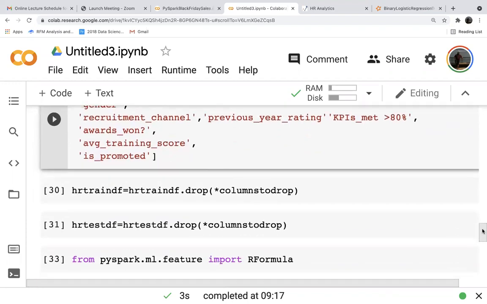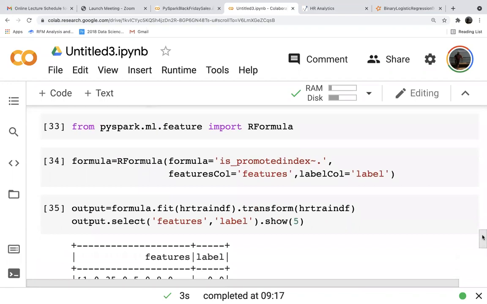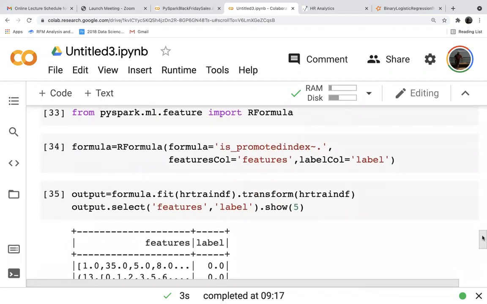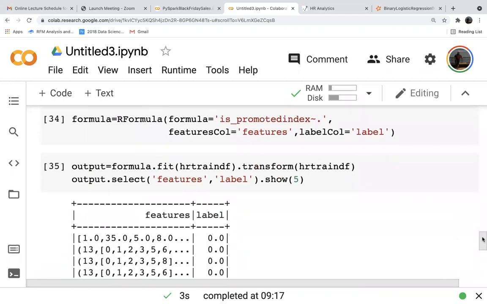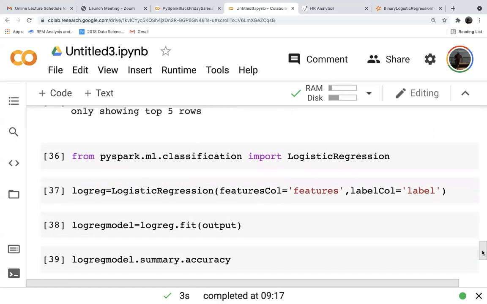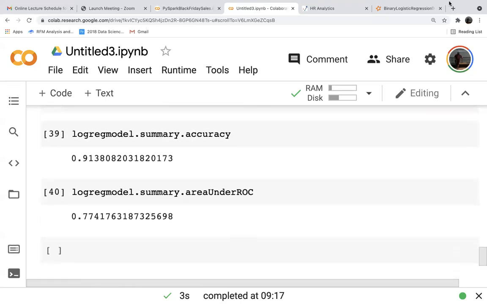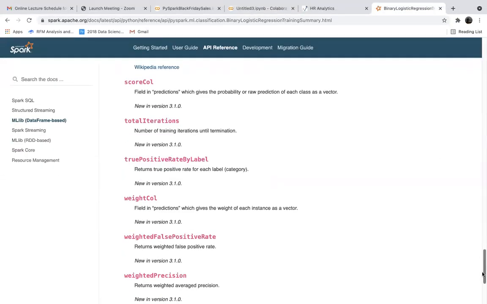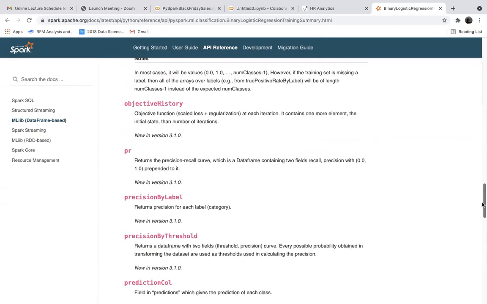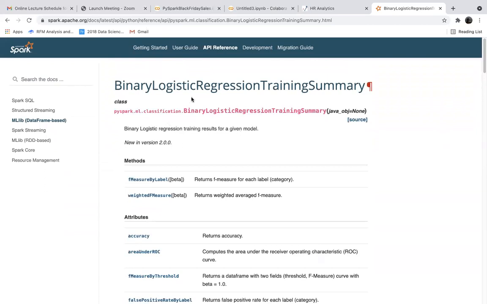And the formula is is_promoted_index tilde dot. So it's working now, sir. Anshika shared another code: instead of putting the output in brackets, we add it like comma output. Then it's working. Okay, got it.